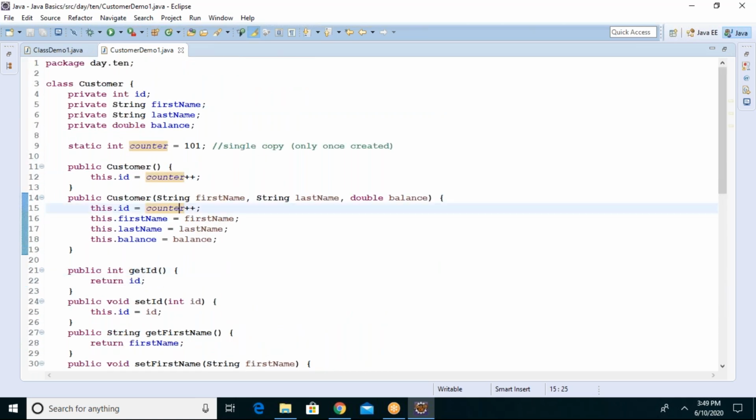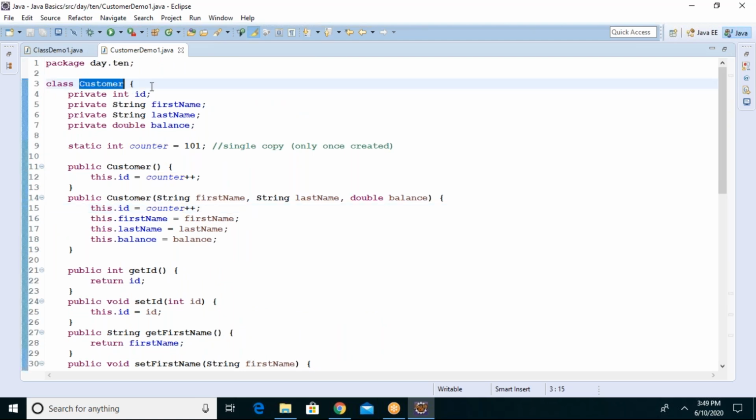Go through these two videos, yesterday's and today's, and start with a new case study called student, with student ID, name, last name, course, fee, address, mobile number. You can add more fields. Then generate constructors, getters and setters, everything, and create two or three objects as per your requirement. Then practice, guys. Is that clear? This is the practical and assignment both.